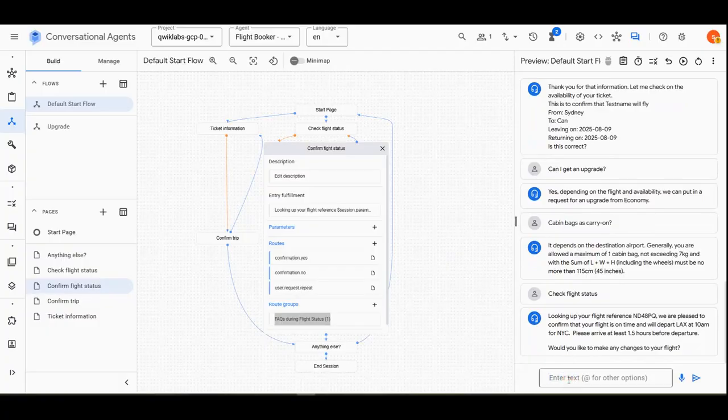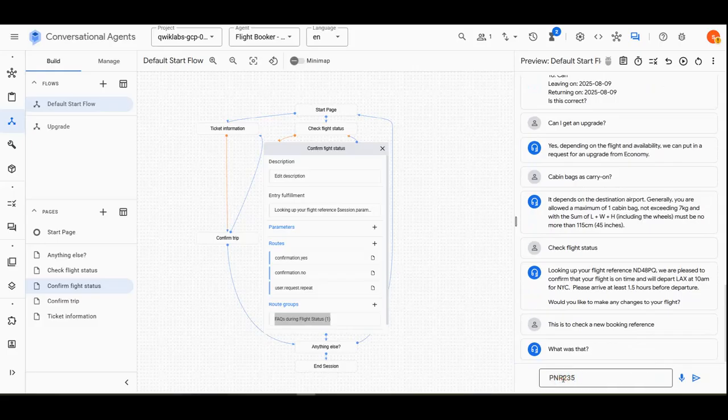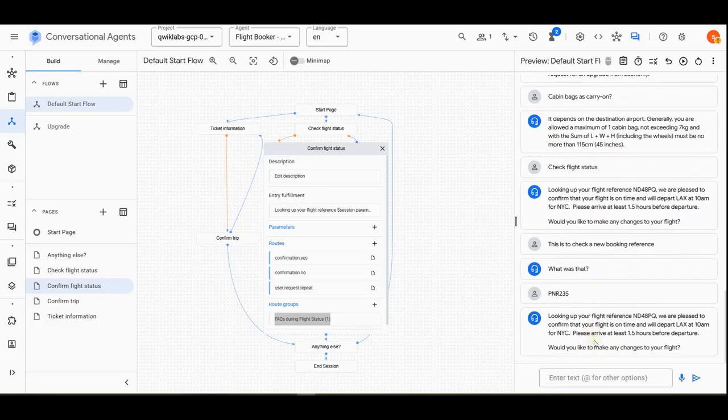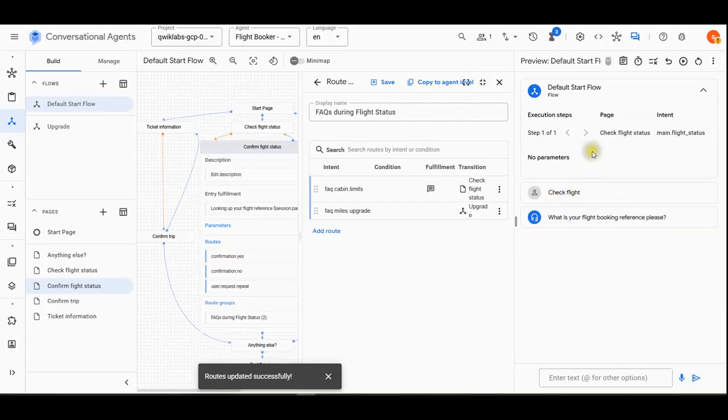Okay, so I say check flight. Okay, with this new booking reference,